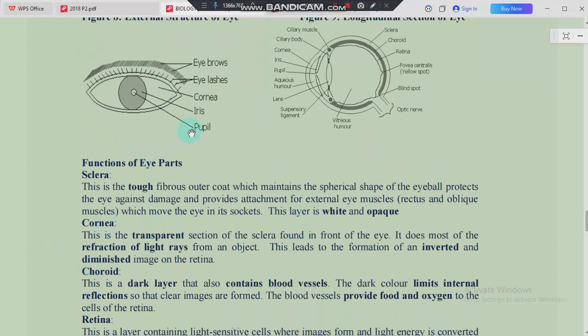Maybe when they tell you to mention the functions of the parts of the eye, you will simply write these parts, the sclera, the cornea, the retina. You talk about them and their functions. But when they generally give you an essay question where they want you to describe the eye, how light rays are refracted and how accommodation happens, you can include simple structures, and that will help you